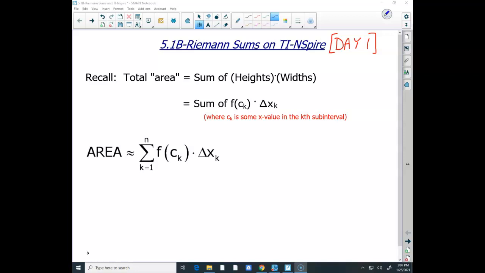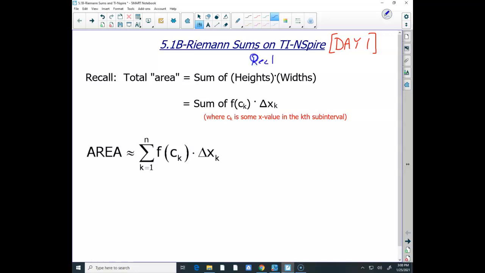Towards the end of this video, you're going to see how these Riemann sums are going to look on the AP exam, and then they're going to ask you questions about it, and we're going to build into that. But recall, the total area is the sum of the heights, and the heights, okay, those are my rectangles